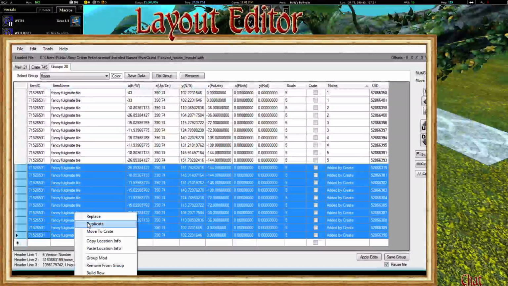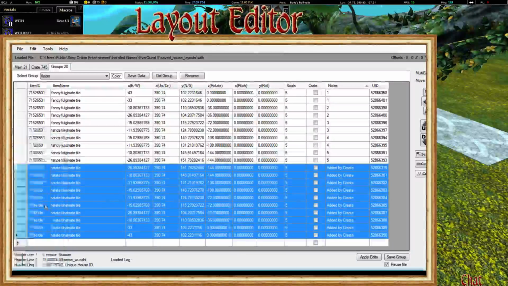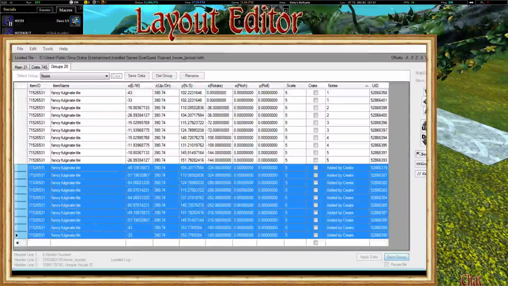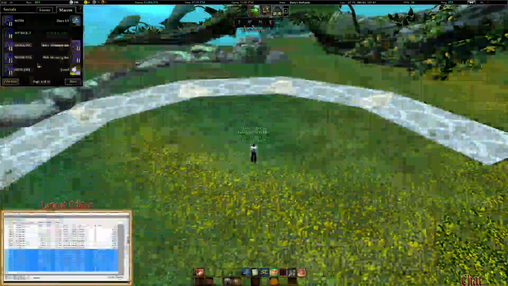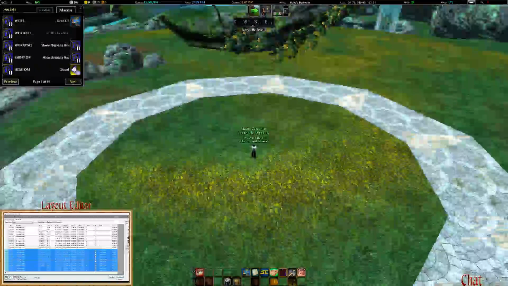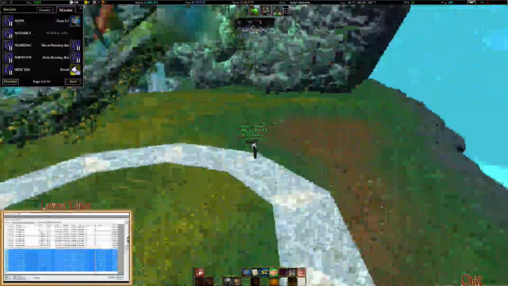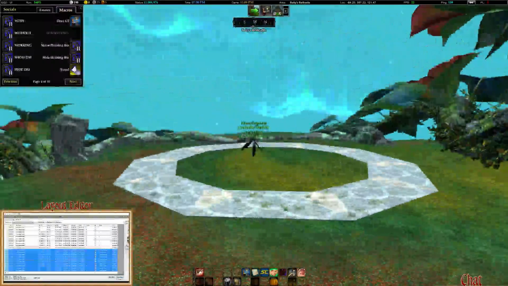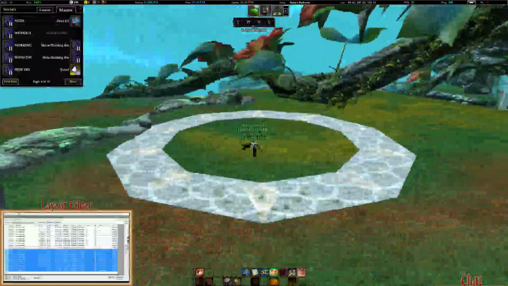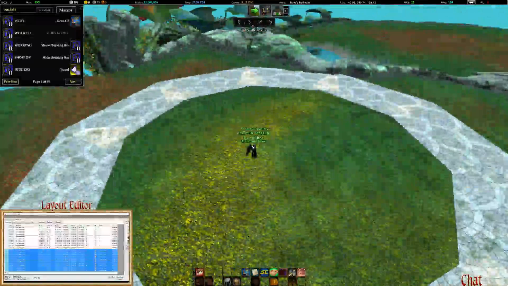And rotate 180 around the center point. And if I did everything right, there we go. That's a really big tower floor. I can't decide whether I like it this large or whether...